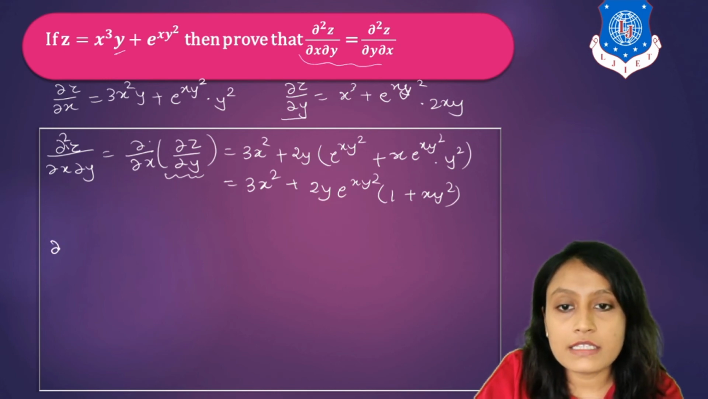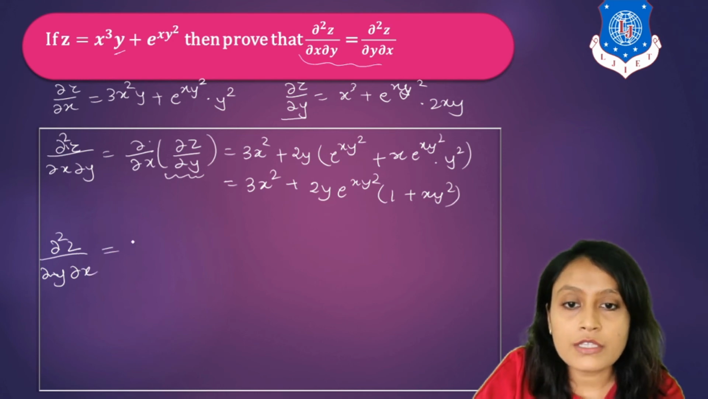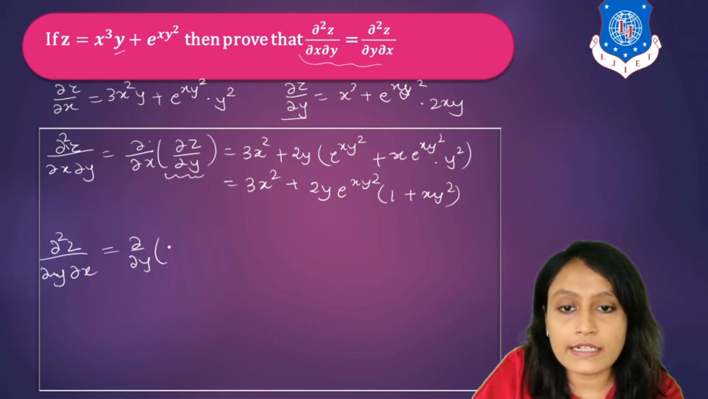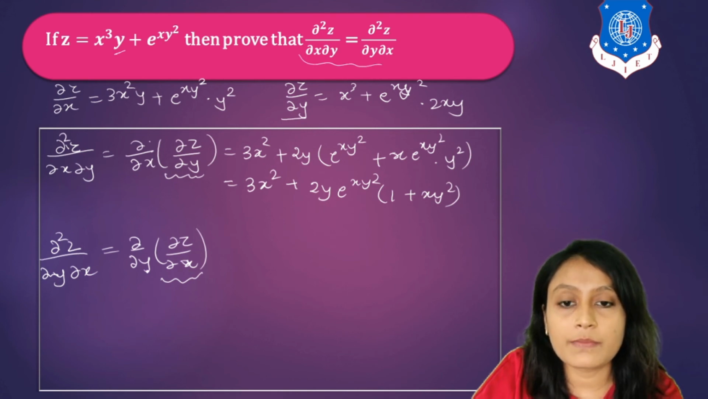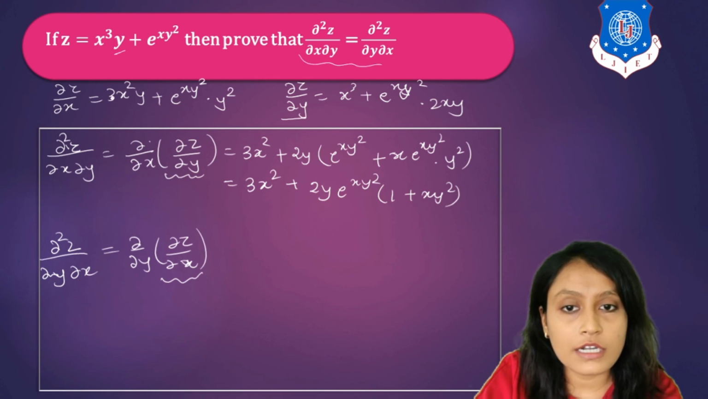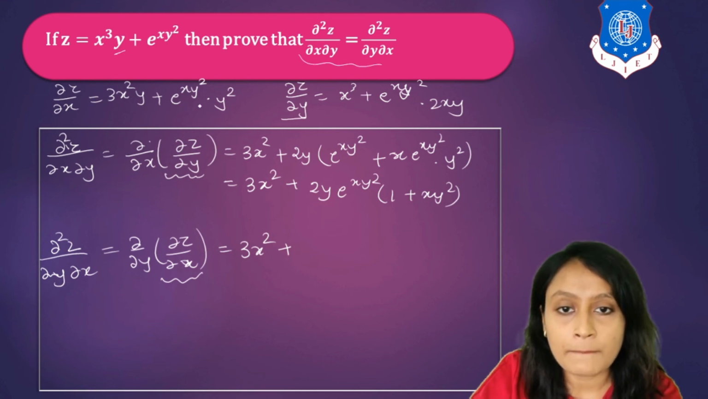Now we will find del square z by del y del x. For that you have to write like this. We will find the partial derivative of del z by del x with respect to y, and we will keep x as a constant. So we will differentiate this term partially with respect to y. x is constant, means 3x square as it is, and the derivative of y is 1, plus